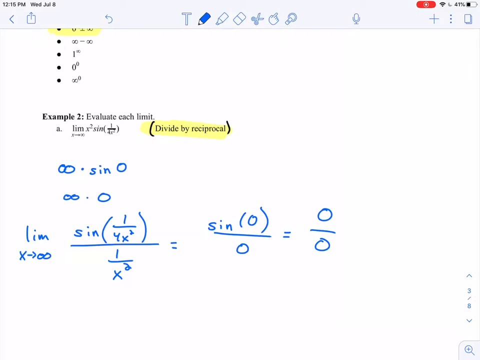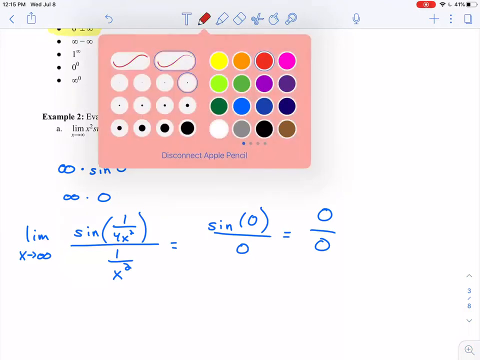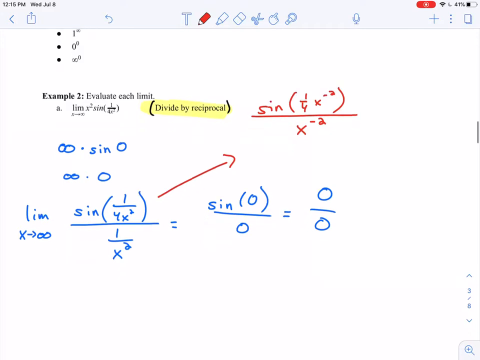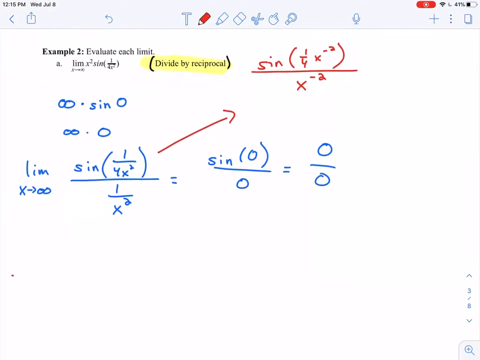So here I am going to rewrite this a little bit just because I think this is going to be a little bit tricky to work with. Notice here that I can rewrite my numerator as sine of 1/4 times x to the minus 2, and my denominator I'm going to rewrite as x to the minus 2, just so that it's easier to take the derivative of the numerator and take the derivative of the denominator. Otherwise, we're stuck using the quotient rule and the chain rule here. So that's just trying to hopefully make our lives a little bit easier coming up in this next step,